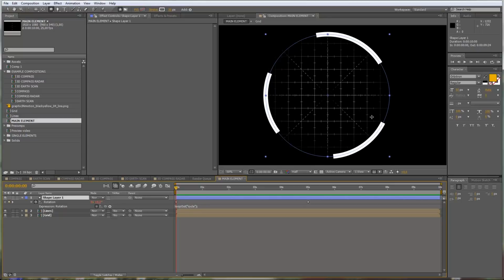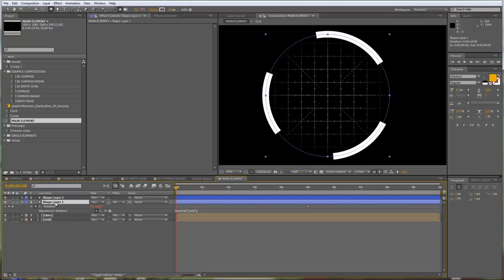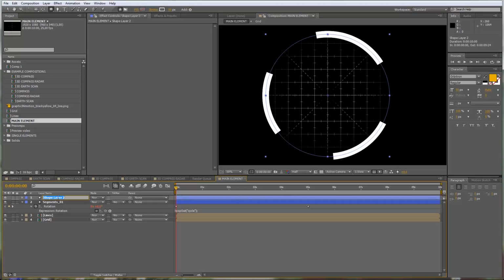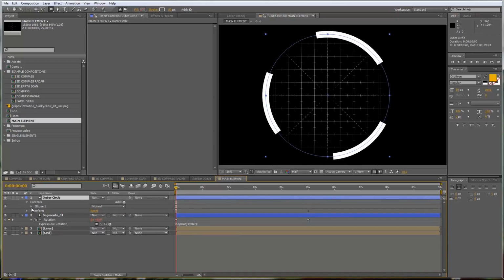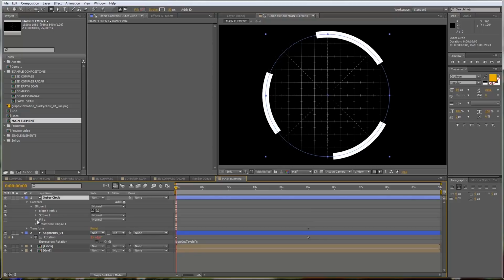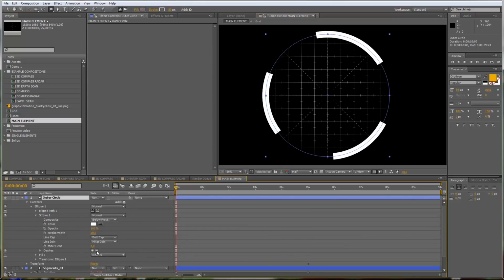just connects these elements. But let's say I want to increase the width a little bit here so that they're a little bit bigger. Let's say maybe 50. Okay, so I will duplicate this circle. I will call this segment 1, and this will be my outer circle. Okay, and now I just will change my settings here a little bit. So I want to get rid of the dashes first. So I will set this to minus, and now I just want to decrease this, let's say to 10, that